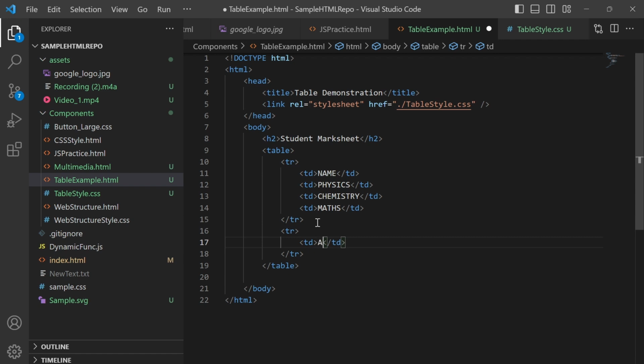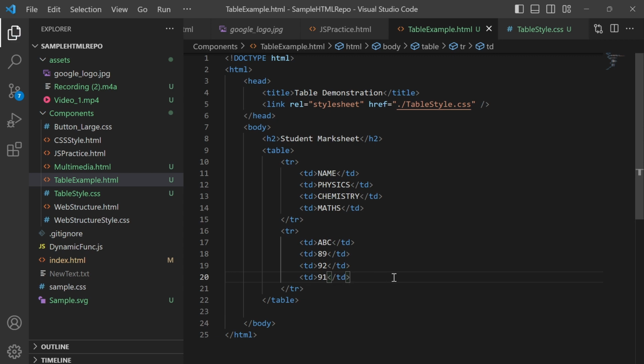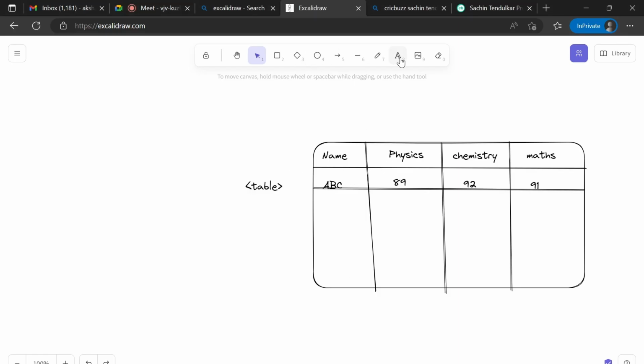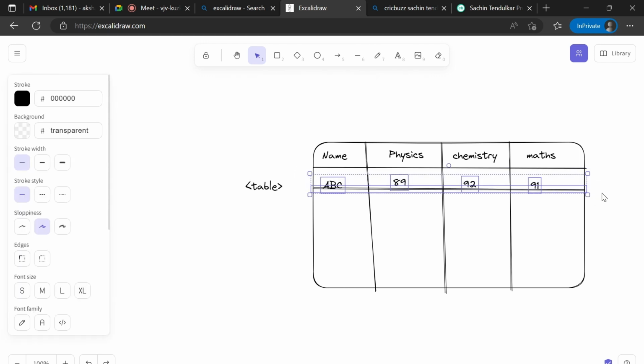So here I will put ABC, then 89, 92, and 91. Okay, so same thing we will just copy paste instead of putting so much time here.